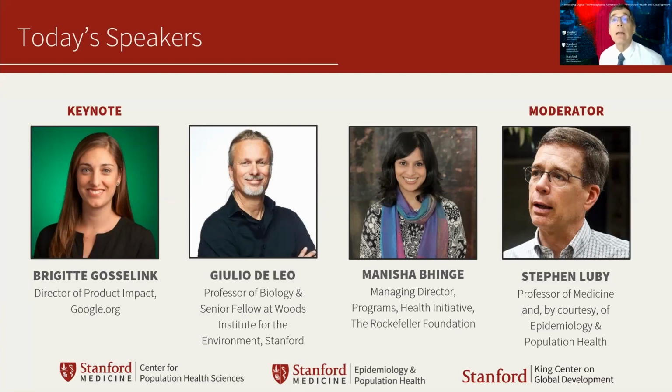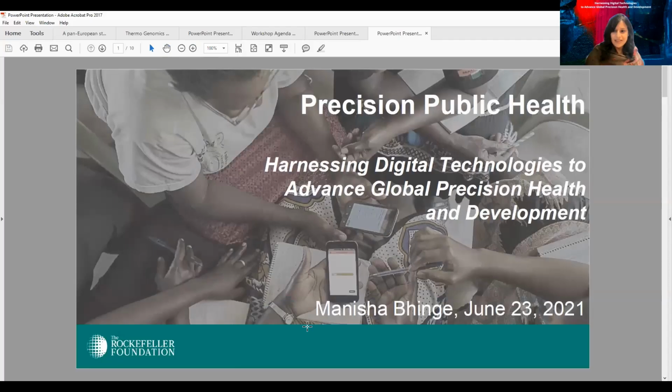She previously created programs focused on how technology can improve global education and innovation for people with disabilities. Prior to Google.org, Brigitte was a strategy consultant for nonprofits and foundations at the Bridgespan Group and worked for the U.S. Agency for International Development and IRD, focusing on innovative approaches in post-conflict transitions. She has an MBA from the Yale School of Management and a BS in Systems Engineering from the University of Virginia. So, over to Manisha.